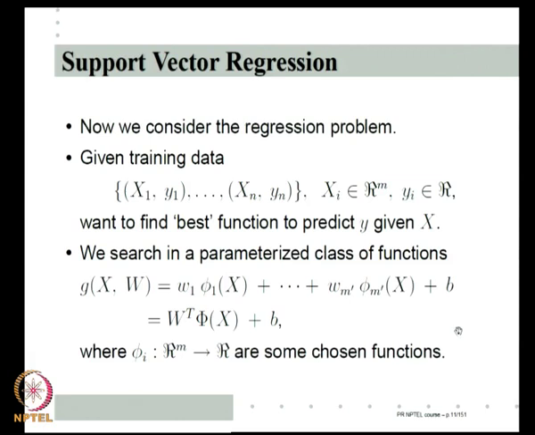We said as long as the functions phi 1, phi 2, phi m prime are fixed, this is like linear regression. I can always fix some functions. I have to choose what the functions would be and I have to choose what m prime would be, then I can do this. Okay. So, phi's are, in general, R m to R functions.